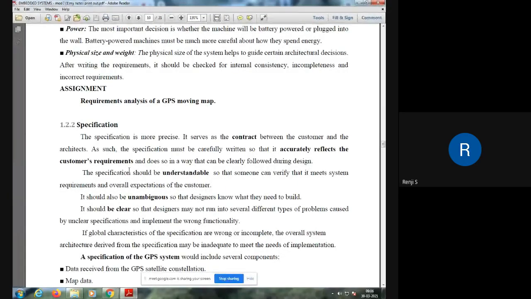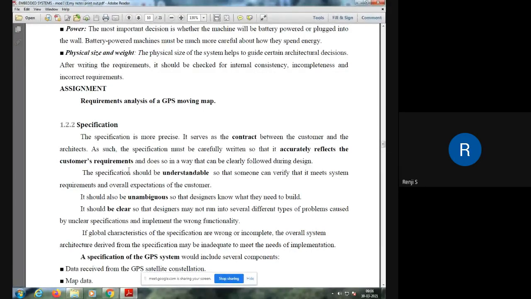from the requirements form, and this requirements form becomes a contract. It is a document called the requirement specification document, and this serves as a contract between the customer and the architects. Once the customer agrees to this requirements form, it is given to the developers. It is passed on to the next phase for development.